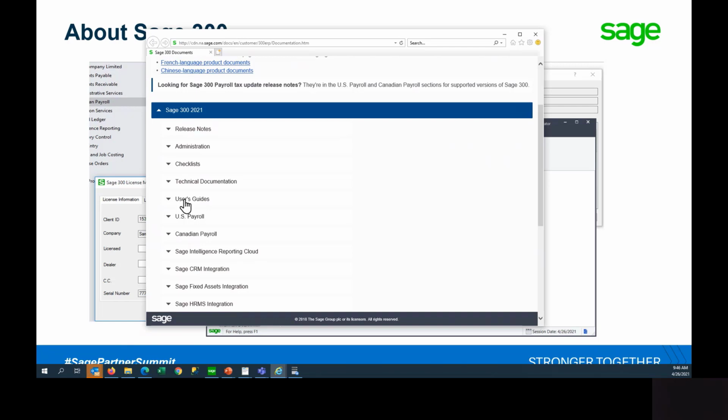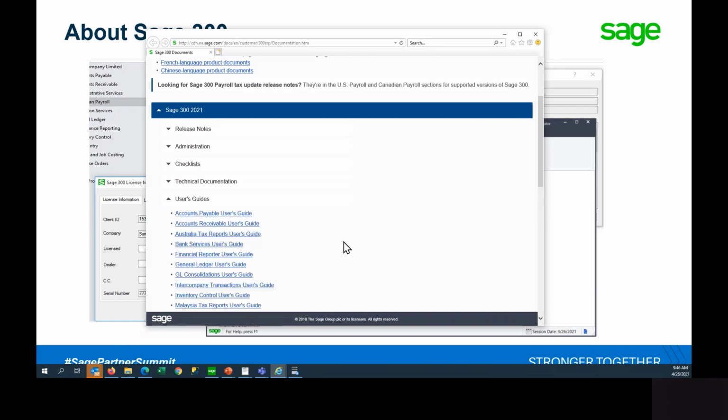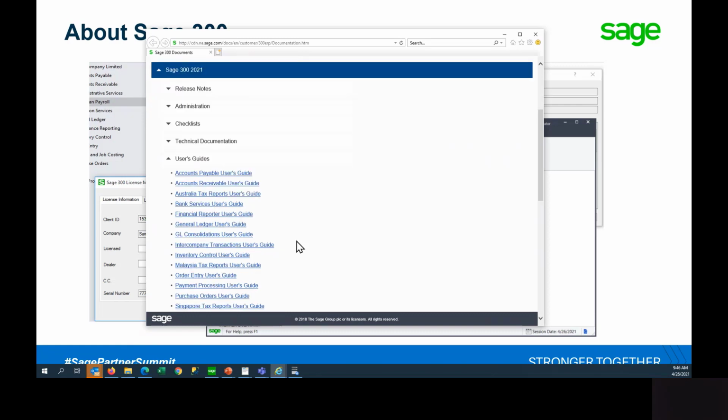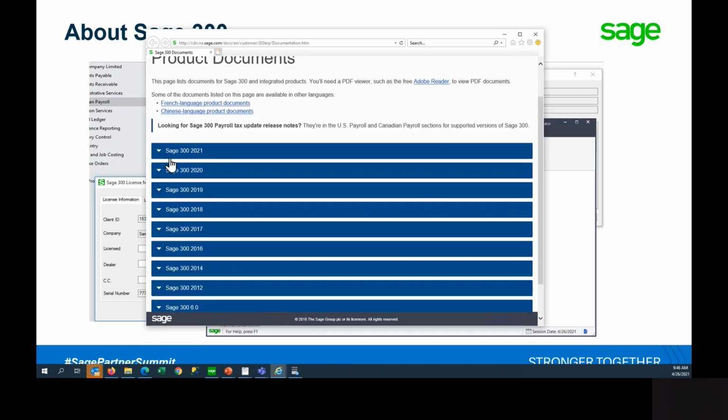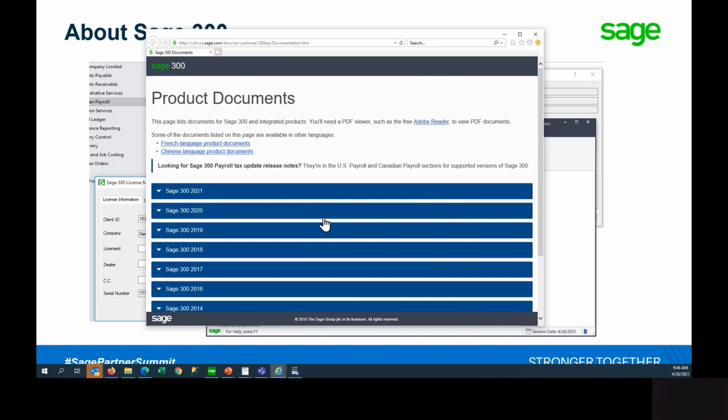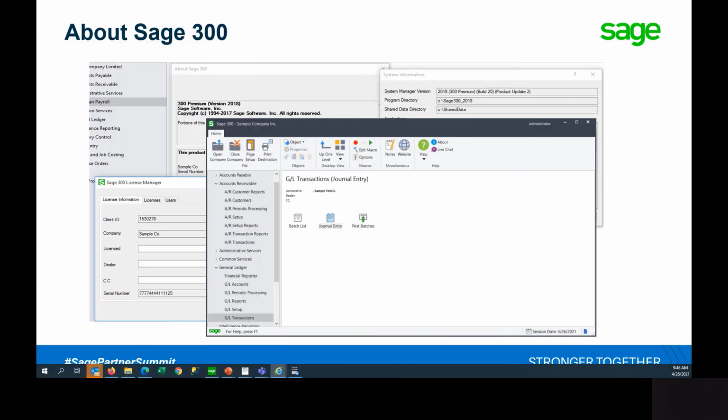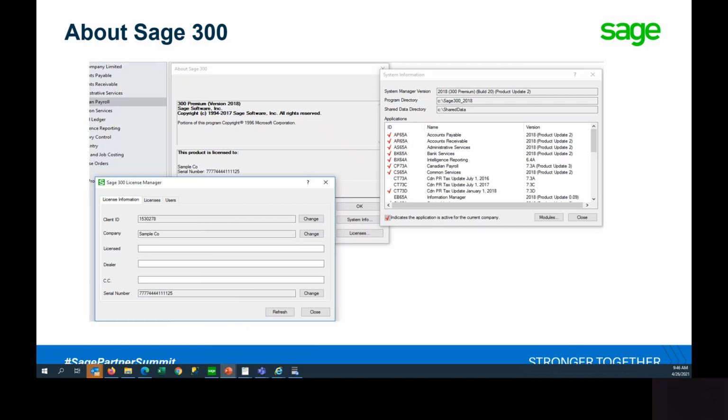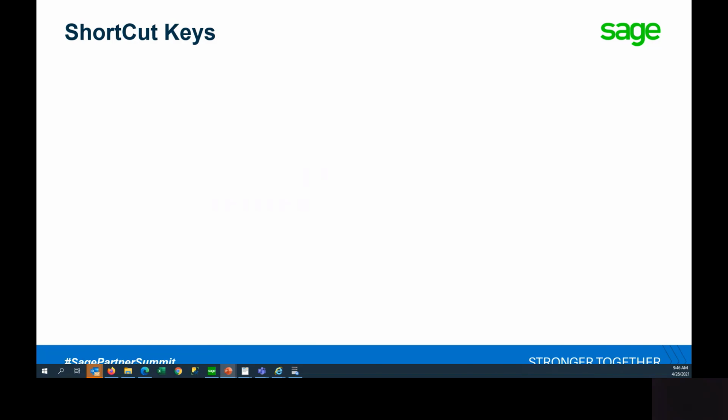If you're looking for user guides, if you click down at user guides, it shows you a list of all the different modules, all the different user guides that you can basically download as PDFs on here to use. Okay. Now, if you also use the different languages in Sage 300, you'll also see on here you've got documentation available for the French language, documentation available for Chinese languages in there. Okay, so all that's available to use. Right? Okay, well, now that you've got an idea of what version of Sage 300 you got installed,